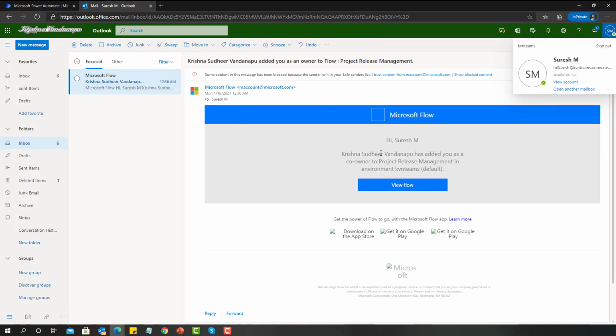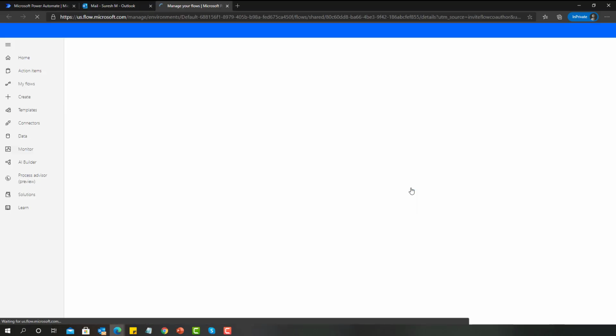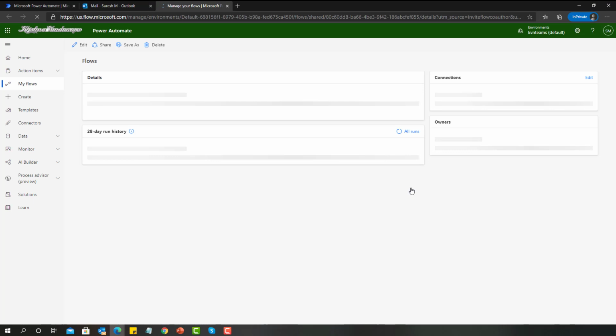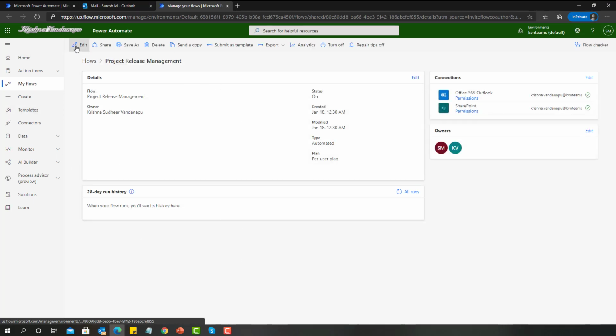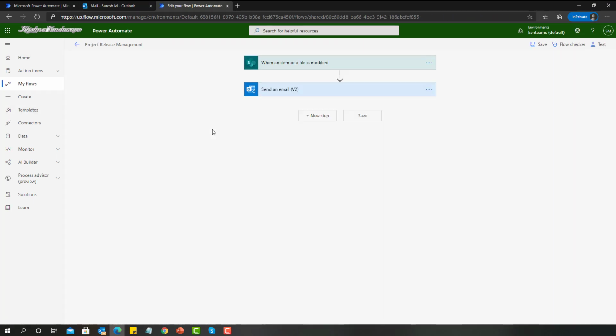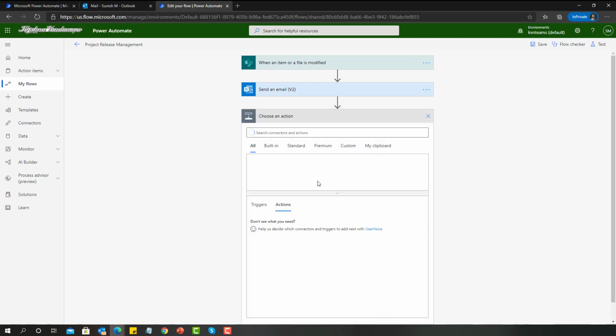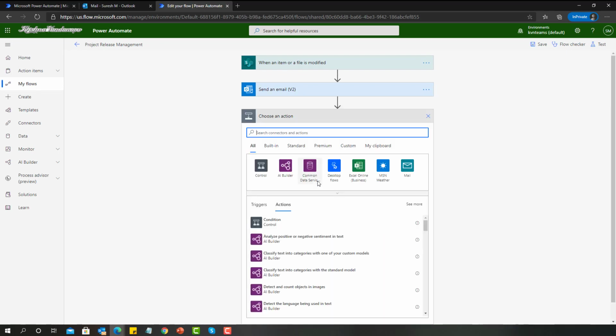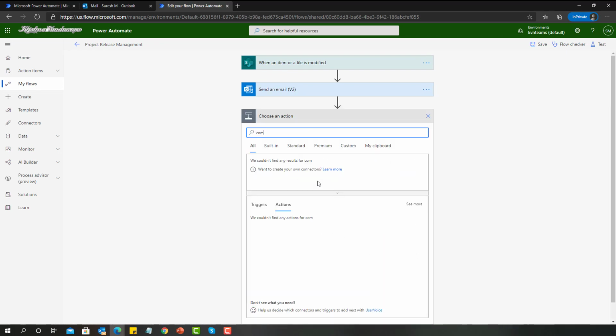Suresh has been informed: Hi Suresh, Krishna has added you as a co-owner to Project Release Management, the name of the flow, in whichever environment it is. If I click on view flow, it will take me to the Flow Maker portal and show me the flow. When I click on edit, since Suresh is also an owner, he can add a new action or change the existing actions.